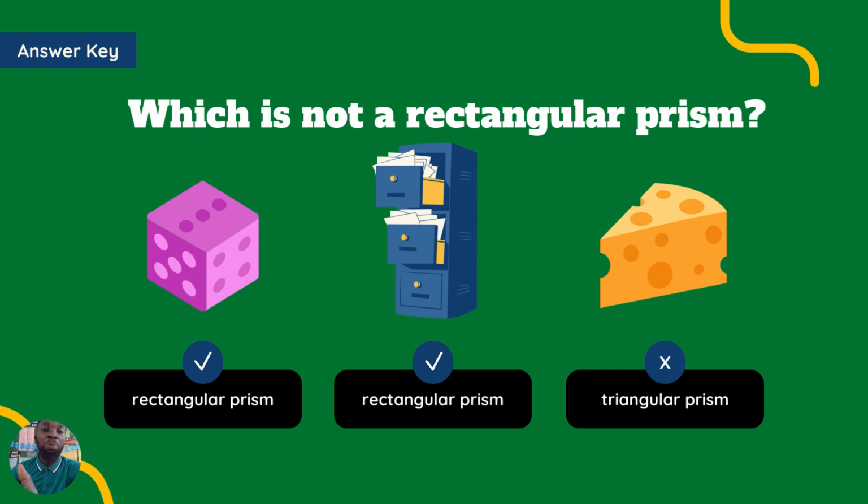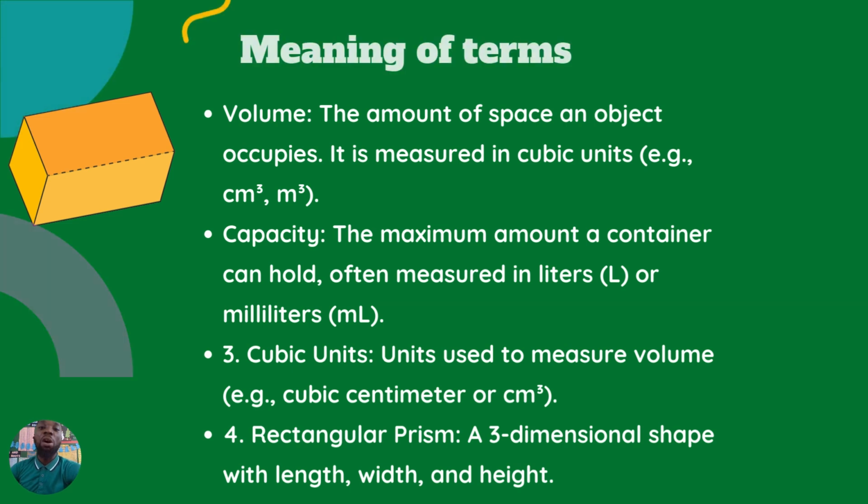When you see a shape, look at the first, the dice here. It has the shape of a rectangle. And the other one also takes the shape of a rectangle. So easily you can decode that, okay, this is a rectangular object or rectangular prism. But the last one is an irregular object. The shape is not that specific, unless you can see from the top that it is rectangular. So the last object is not a rectangular prism. We can't call it a rectangular prism. So that leads us to the meaning of